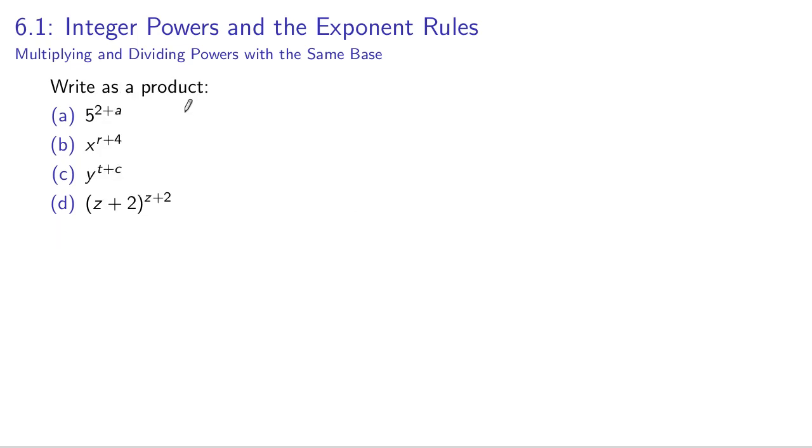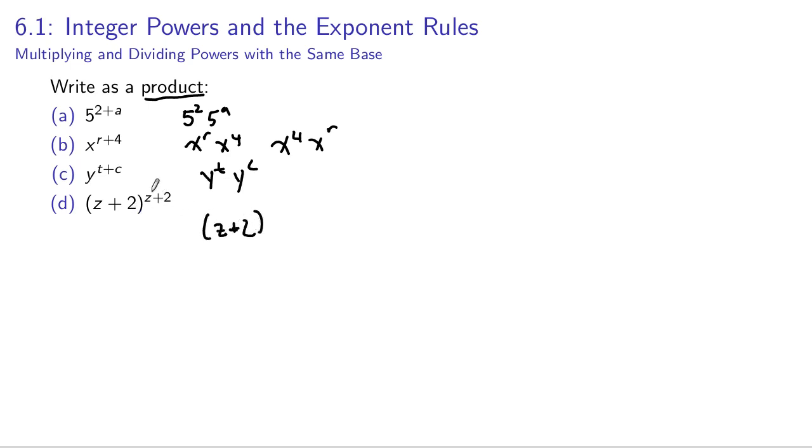And we can apply this rule the other direction, since it's an equivalency. Write as a product. Well, we can split the power up as two exponentiations multiplied together, which would be a product. 5 squared times 5 to the a, x to the r, x to the 4th, which we might reorder as x to the 4th, x to the r, y to the t times y to the c, and here z plus 2,